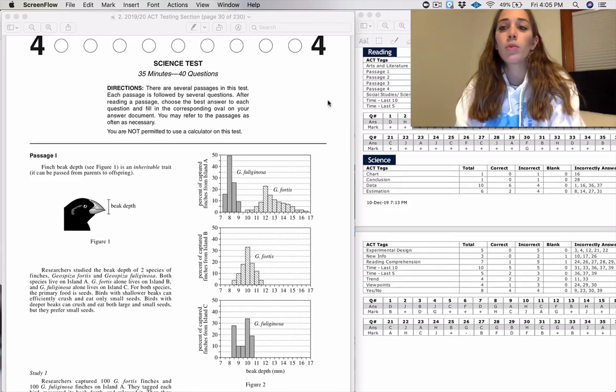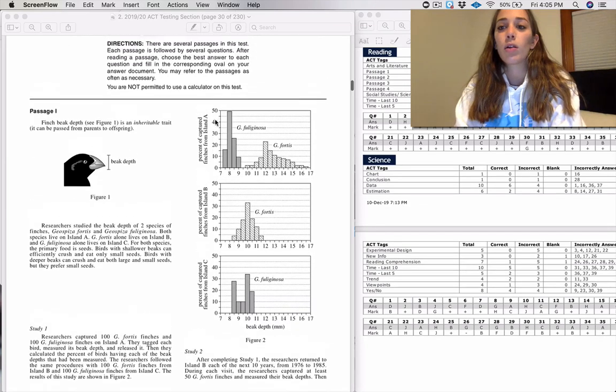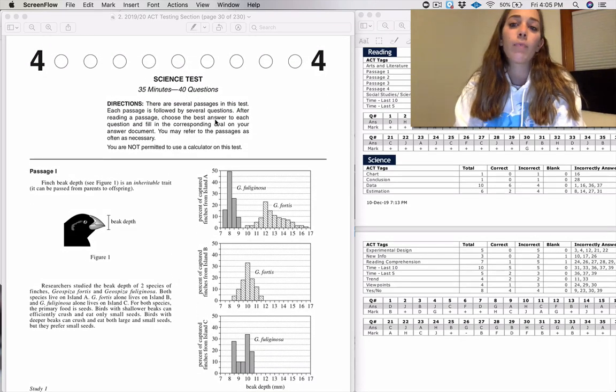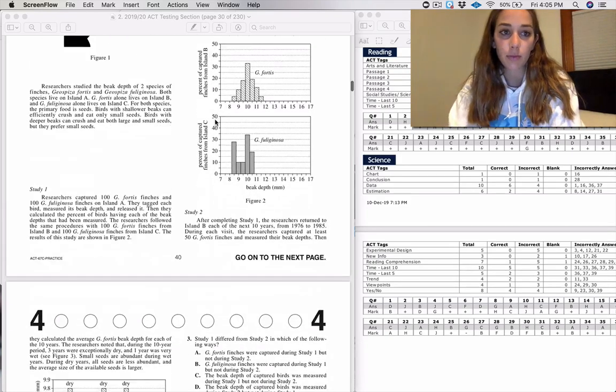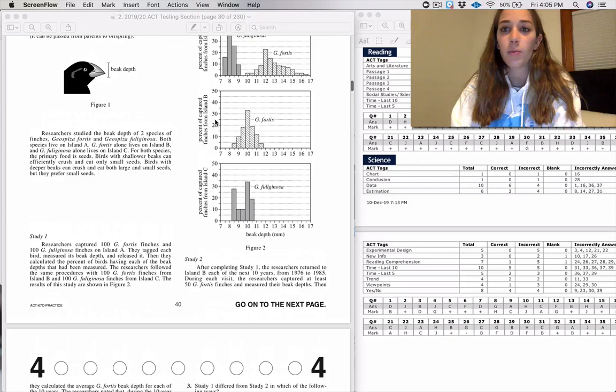So the most important thing is that you need to, hold on, let me get rid of this stuff. There you go. The most important thing is that you're focused. So I always tell the students it's 35 minutes, it's quick. Mentally, get yourself ready. First strategy, it's a mind game, get yourself where you need to go. Second strategy,